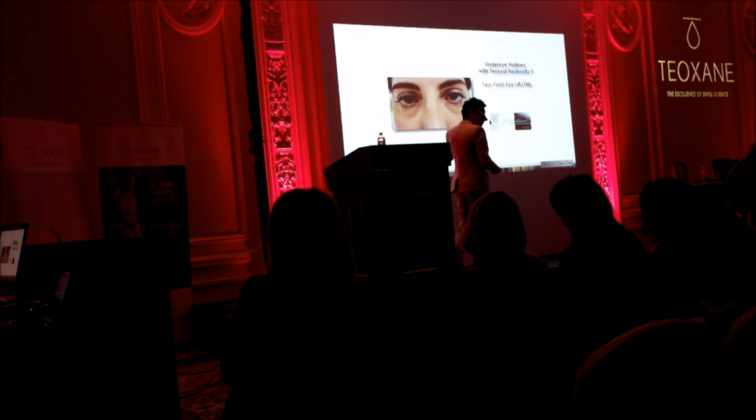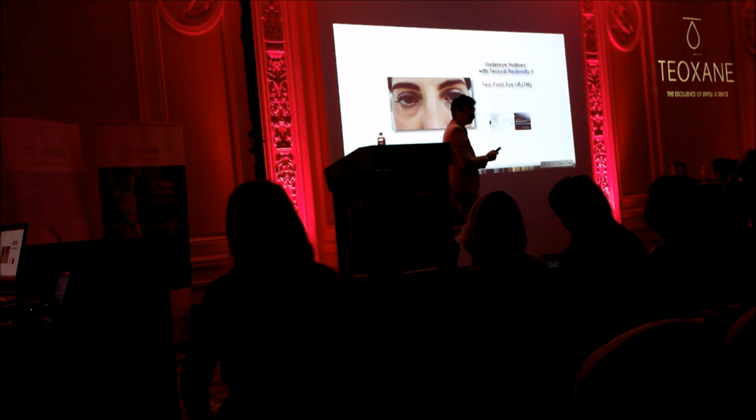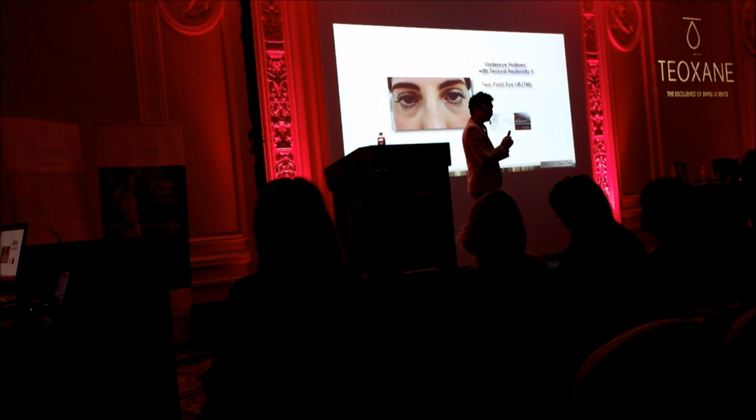Now coming to the infraorbital region. This is 2-point eye lift. I constructed 2-point eye lift about 5.5 years ago when the Density 2 came onto the market. It takes into consideration not just the tear trough, but the infraorbital hollows as well. And again, I'm going to try to simplify the anatomy with you, and then I'm going to share with you